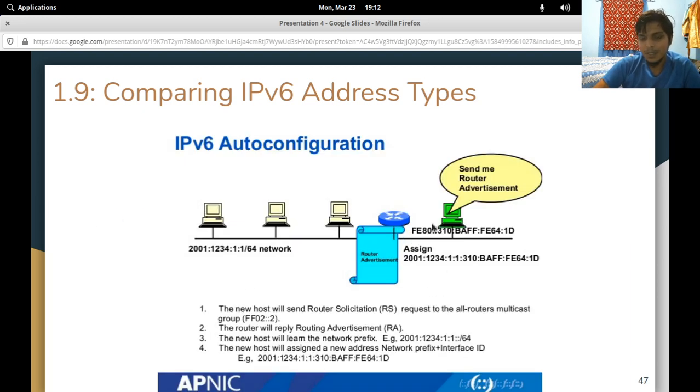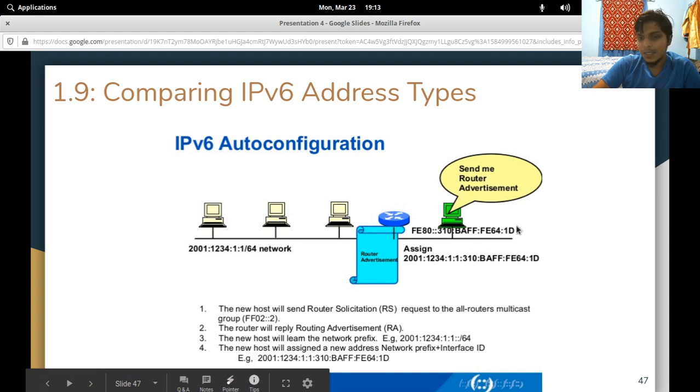So you have a router here. This guy just joins the network, sorry, the host joins the network. So he automatically configures his link local address. Remember, we said FE80 anything is link local. So FE80 and then this big address is his link local address. And he uses this link local address to communicate on his network. So you can see how this is so important now.